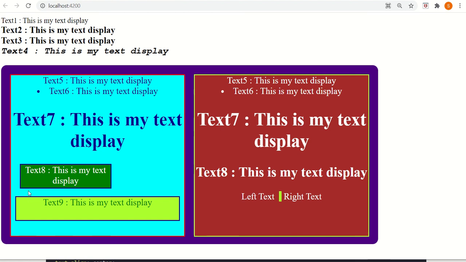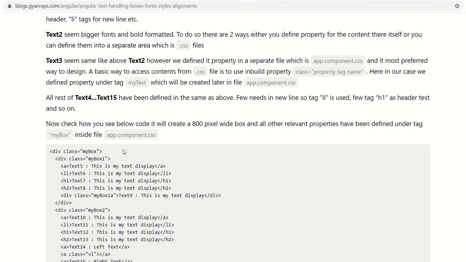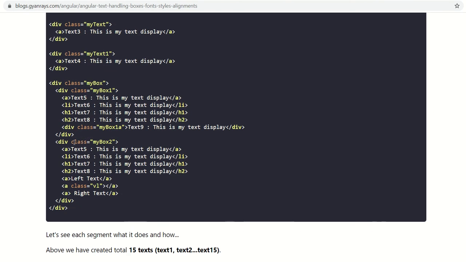You can see this is a gap, this is a gap, this is a gap, and this is a gap. This is a 10 pixel margin we are leaving outside the box, and if we give padding, padding will give the space inside the box, right? Okay, let's move to our next property.